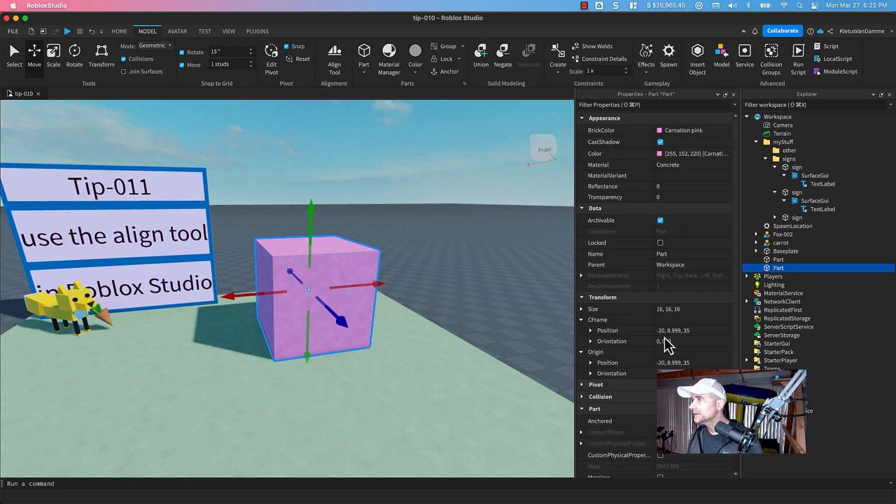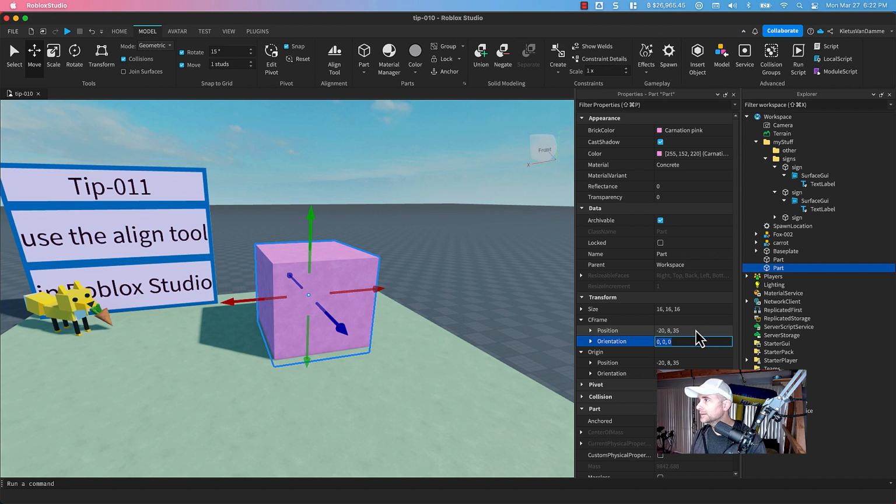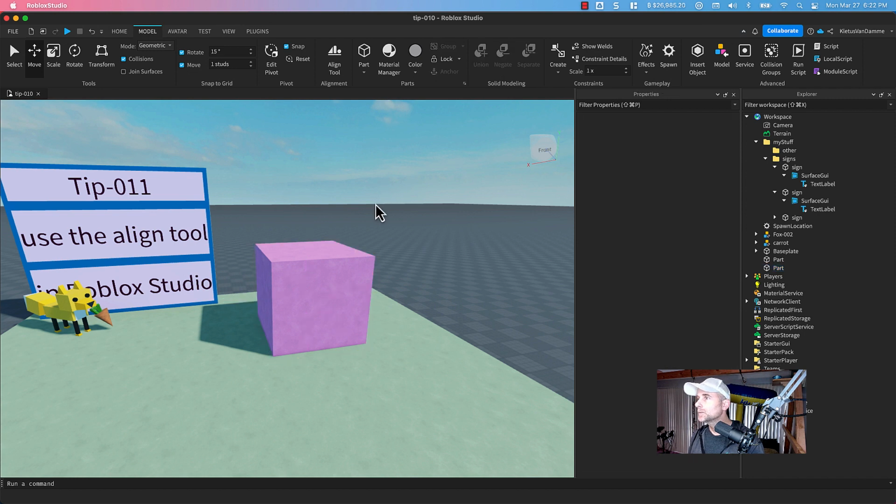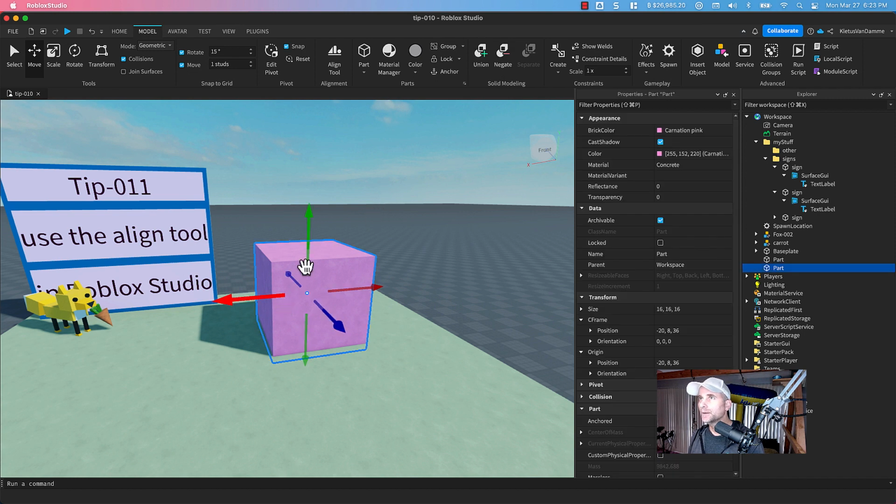All right, now let's do a little hygiene. The position is -20, 8.9999, 35. Let's clean that up. Let's make it -20, and then we'll just say 8, and instead of 35, well, 35 is fine. We'll make it 36. I like numbers that you can cut in half. All right, so we'll take this block and we're going to duplicate. I always say don't make new parts, but you're not able to